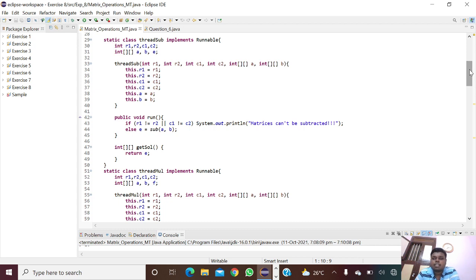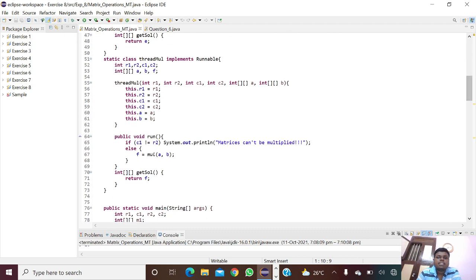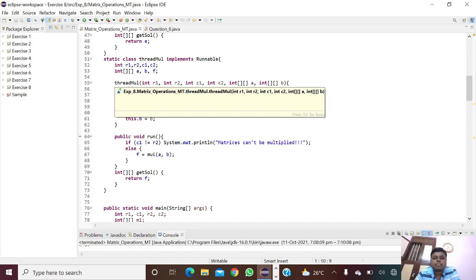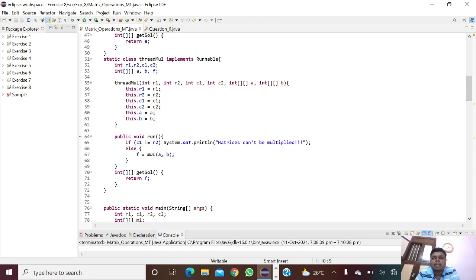And the same for the multiplication: static class ThreadMul implements Runnable. Then the same r1, r2 and c1, c2 for int, then int[][] a, b and f. Then ThreadMul of int r1, r2 and c1, c2 and int[][] a, then int[][] b.